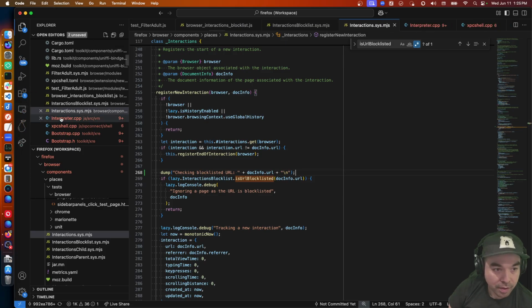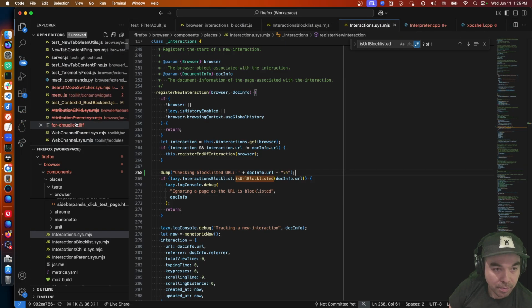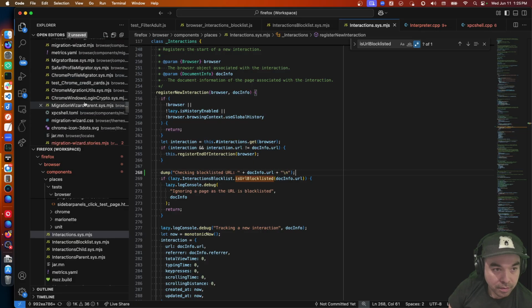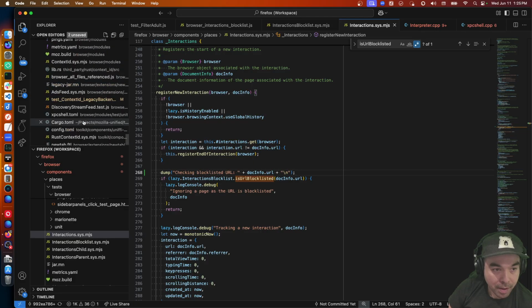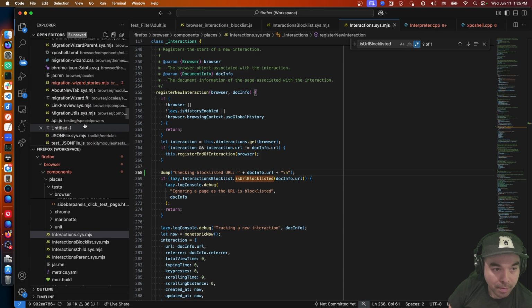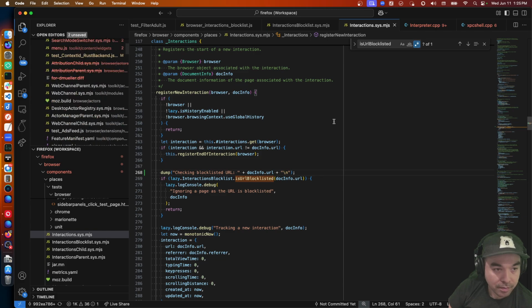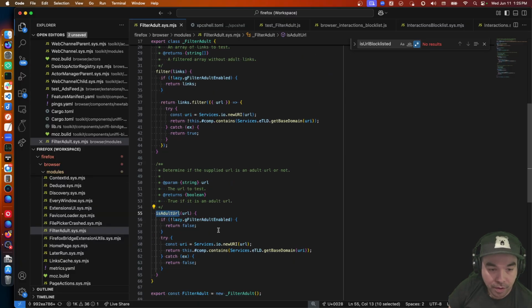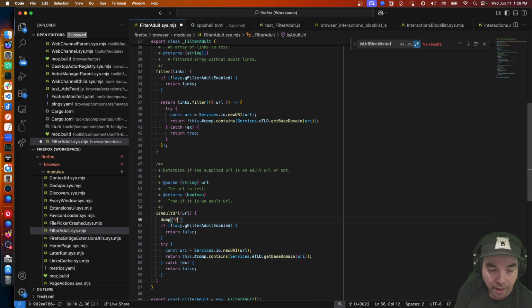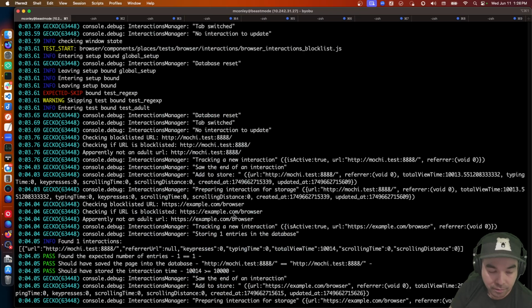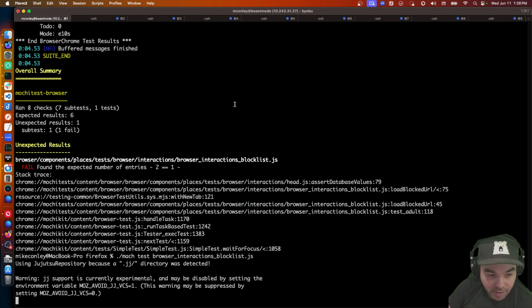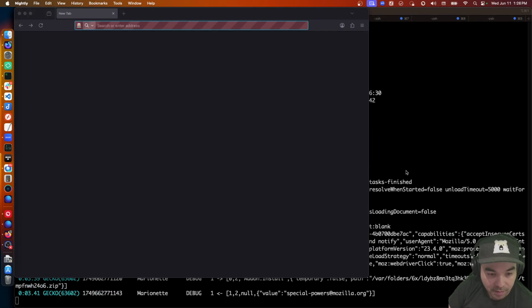to filter adult, the module. Where is it? Filter adult. So dump, actually calling the real filter adult, because that'd be a problem. We're not actually calling the stub.